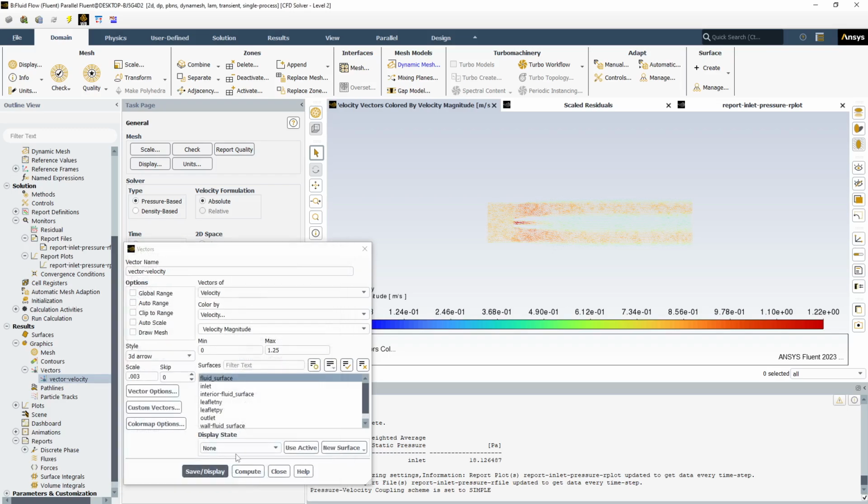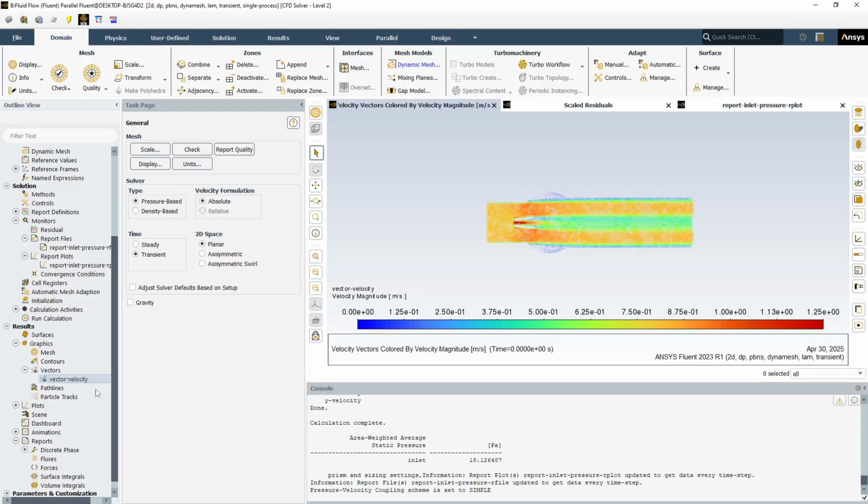Close, and we'll do filled arrow. We don't want compute, we want compute takes it from the results, 1.25. So we're going to save that, close that up,